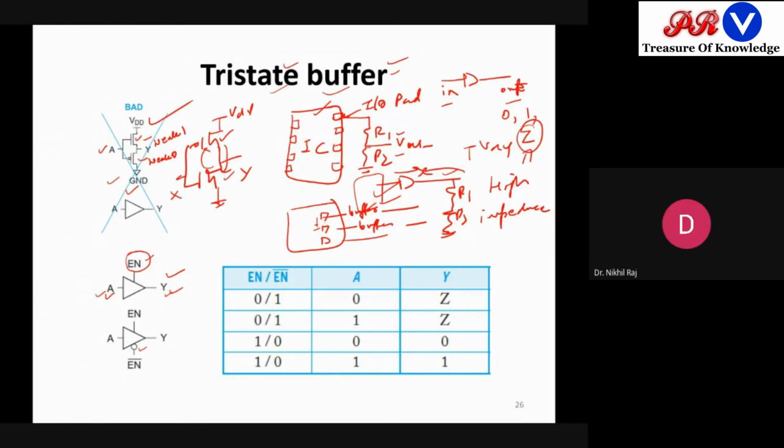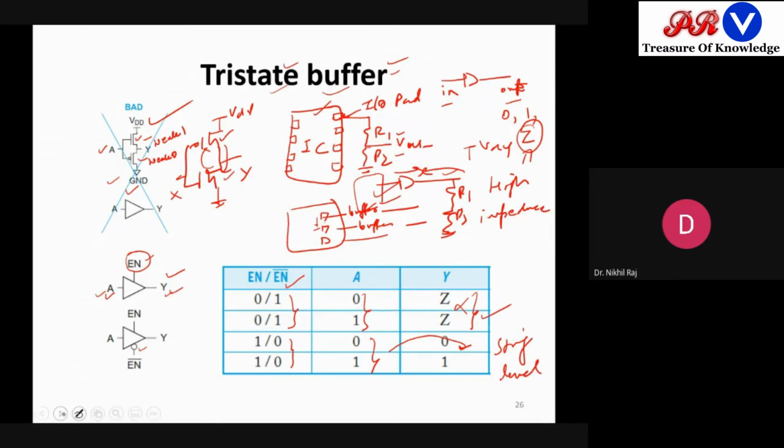Okay. And your truth table will be: whenever enable is 0 or 1, depending upon the type of input, the output will be transferred. For example, when enable is 0, it will not work. Whatever the input, no output will be there. Always a high impedance will come here. When enable is 1, only then will this work, and whatever output is transferred here will be in strong logic levels.